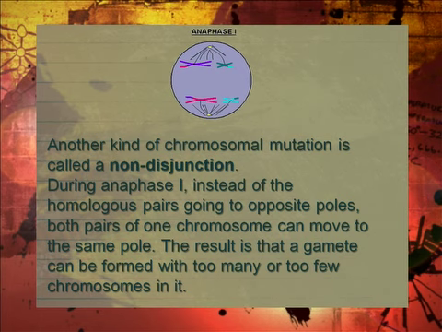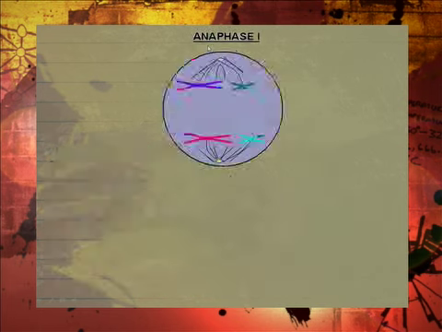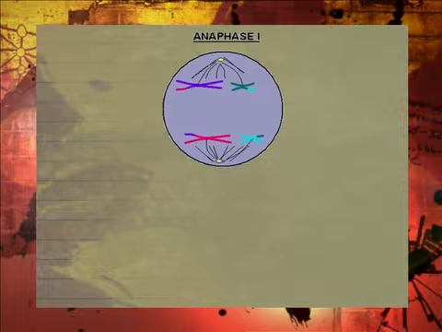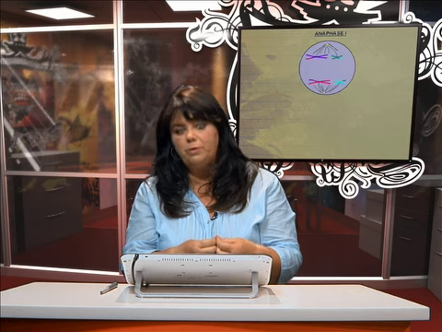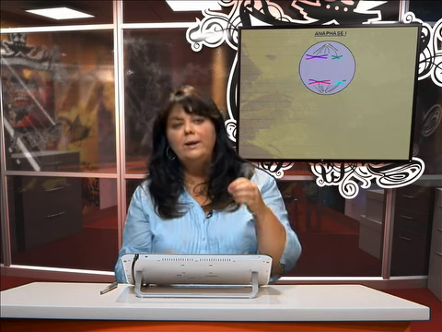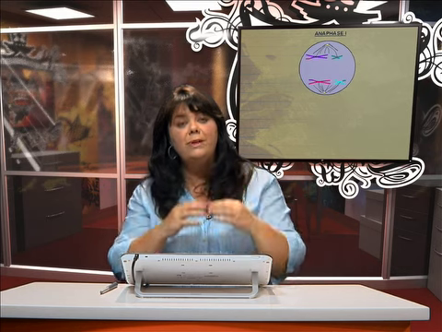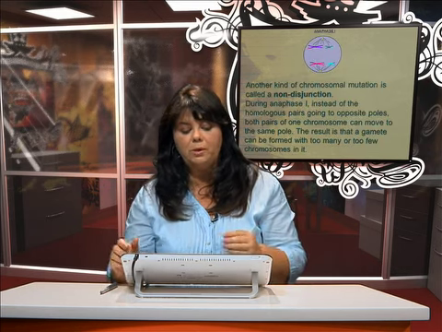So let's focus on one of these consequences in particular. In anaphase 1, we know that the chromosomes go to the different poles. The homologous pairs go to the different poles. Now, what happens if this chromosome didn't go to its pole? What happens if, instead of going to the top pole, it went to the bottom pole, or it stayed with its homologous pair at the bottom pole? What you'd have then is one chromosome going to the top pole and 3 chromosomes coming down to the bottom pole, and we call that